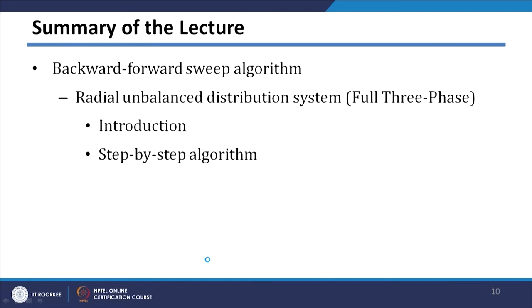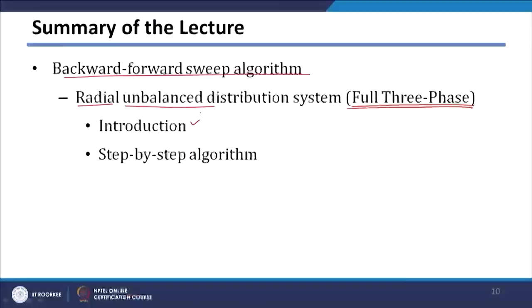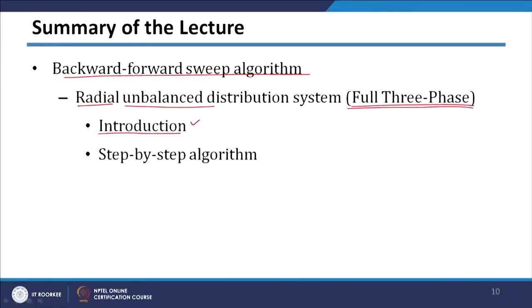So, in this particular lecture, we have seen backward forward sweep algorithm applied for radial system, but unbalanced system. So, we have seen that whenever unbalanced system is there, we have to consider all the 3 phases. So, we have seen how to use this backward sweep forward sweep algorithm for full 3 phase system where all the 3 phases are considered. Here I have introduced you to the concept where we have seen what are the impedance matrices for different sections of the line and how they are defined, and after defining your impedance matrices, we have seen the step by step algorithm for 3 phase